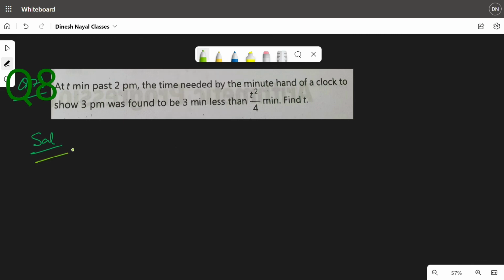there is 1 hour, which is 60 minutes. So basically, between 2 p.m. and 3 p.m. there are 60 minutes actually. The total time is 1 hour, which is equal to 60 minutes. Now it's saying at t minutes past 2 p.m., that means t minutes have already passed. So from 2 p.m. t minutes have already passed. So we write t